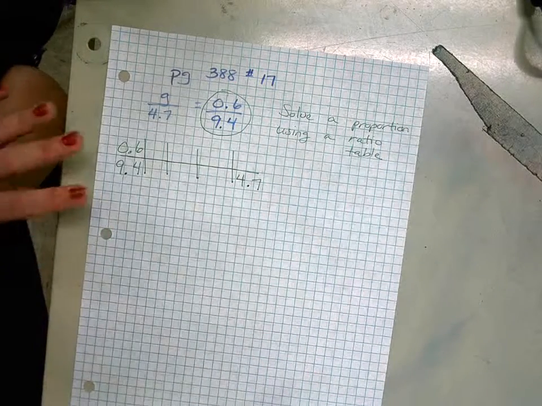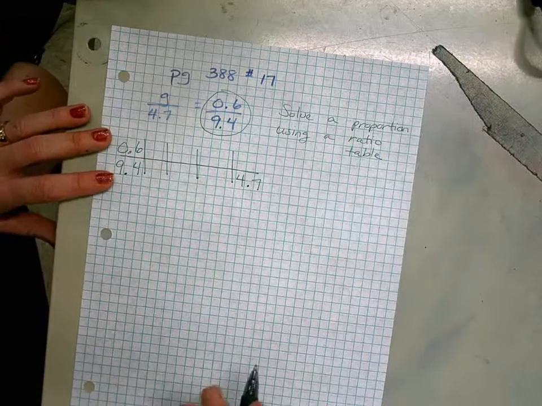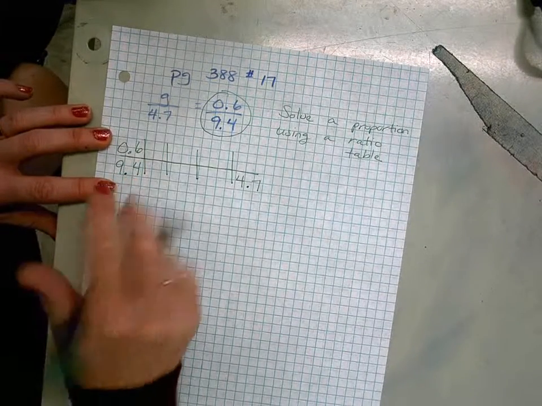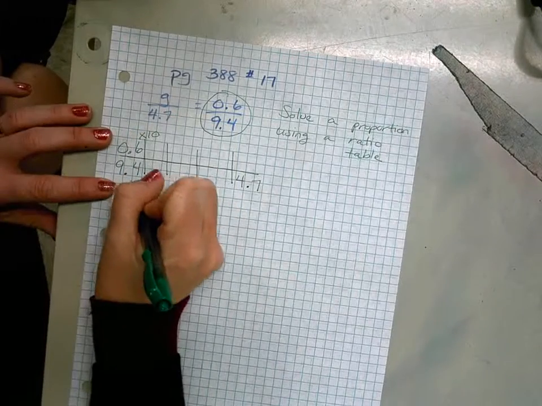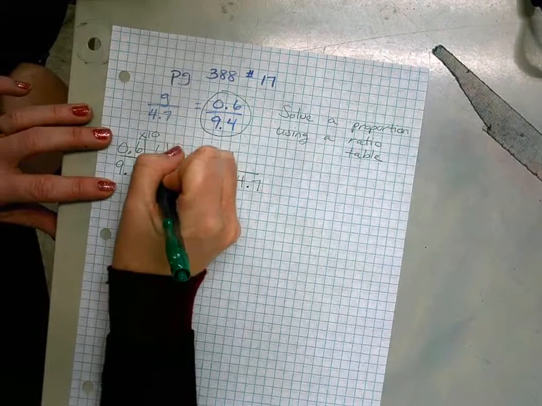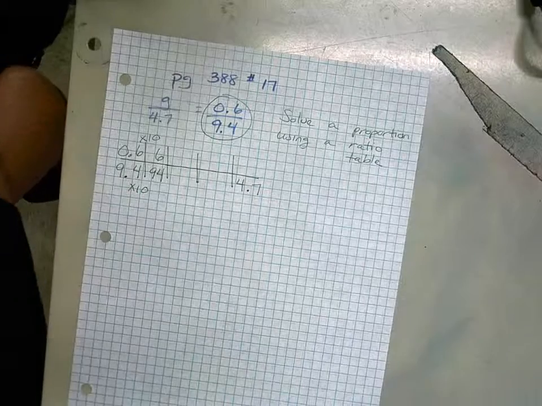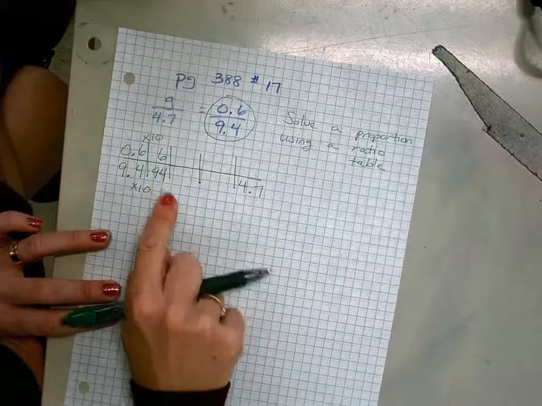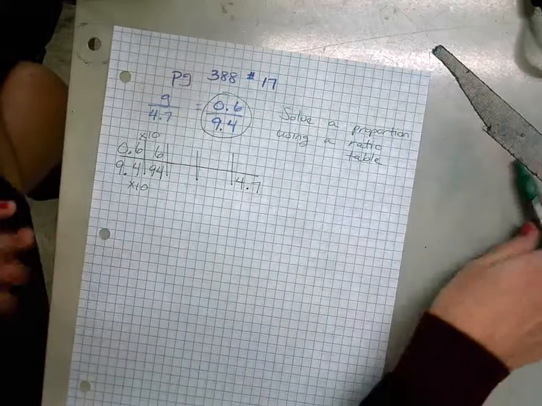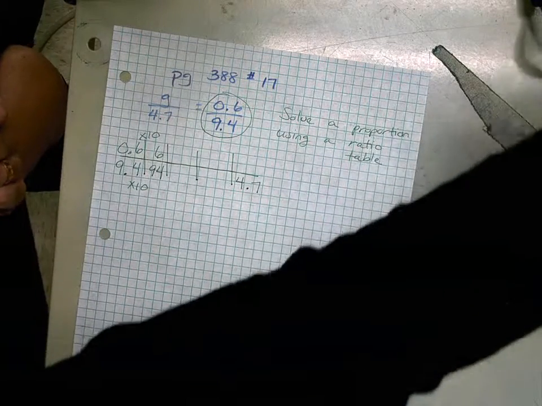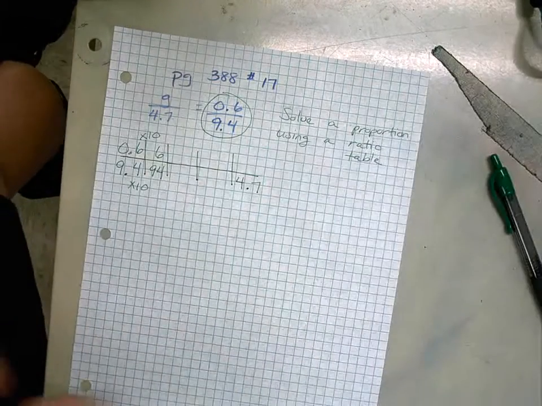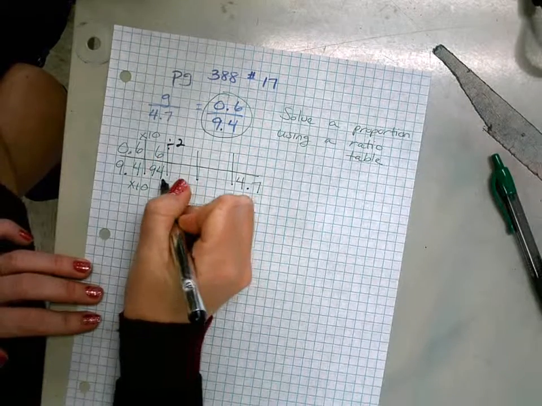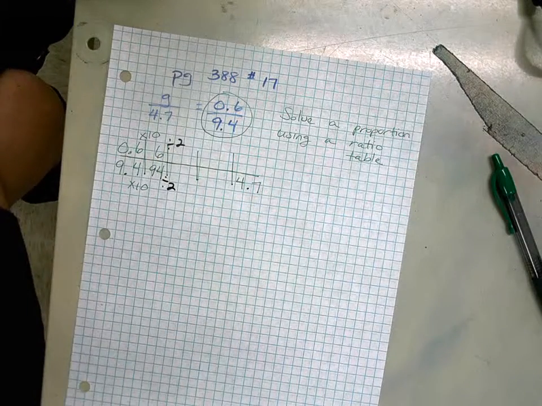All right. When I have numbers that have decimals in them, I'm going to think, how can I get rid of the decimal? And in this case, since they're both tenths, I can multiply both by 10, and that's going to give me 6 and 94. Already that problem looks a lot simpler. Now I'm going to ask myself, is there any way I can change 94 into 4 and 7/10? You know, not off the top of my head. But what I do notice is that 6 and 94 are even. So I'm going to divide them by 2,